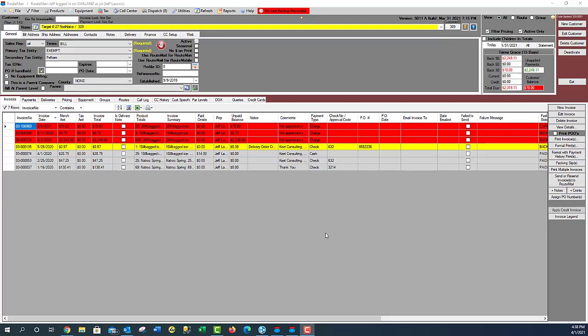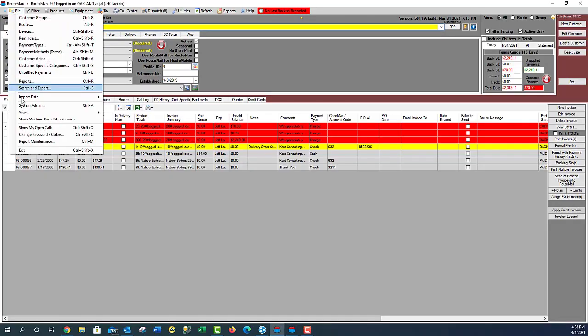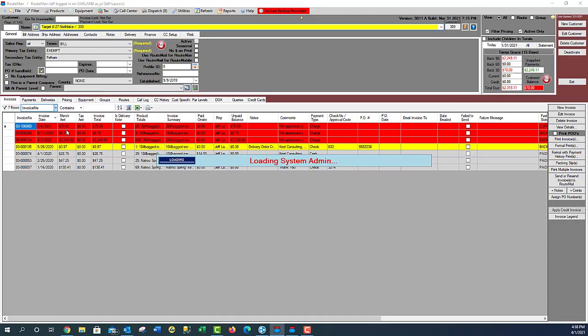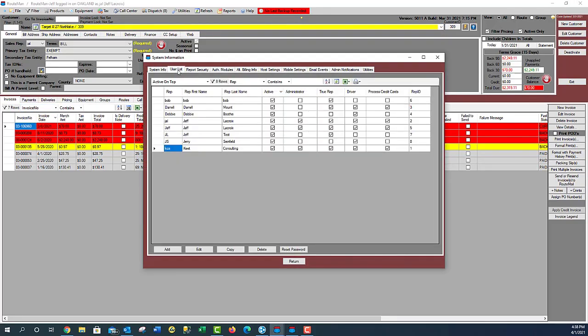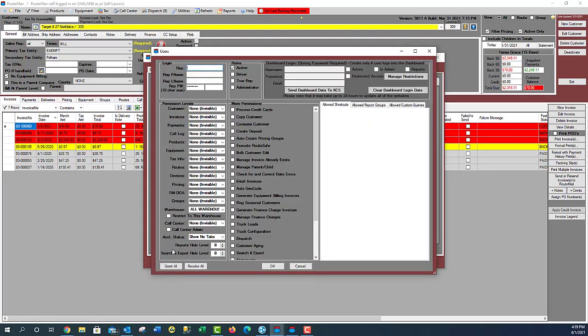Alright, this training video is all about adding or managing Routeman user accounts. To do this, you'll need to be a system admin. You'll go to File and choose System Admin, and then we're going to use the user list. And here I can select a user and edit them, or I can add and create a new one from